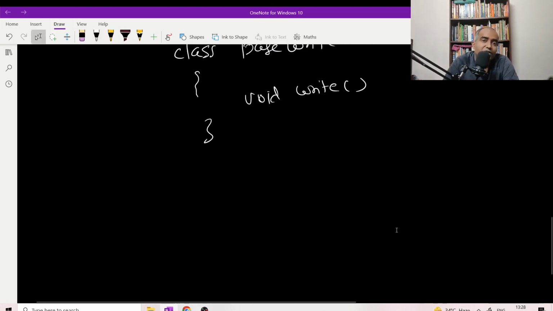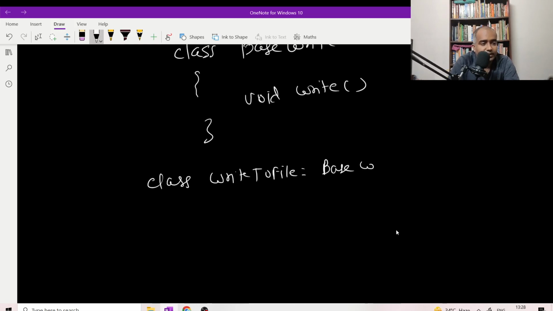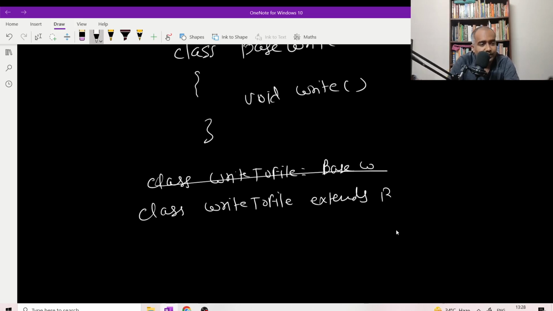That request is that you need to write the content to the file. So what you will do, you will write a class WriteToFile, and you will inherit it from the class BaseWrite. So you will write class WriteToFile extends BaseWrite. Now you will extend the base write and you will override